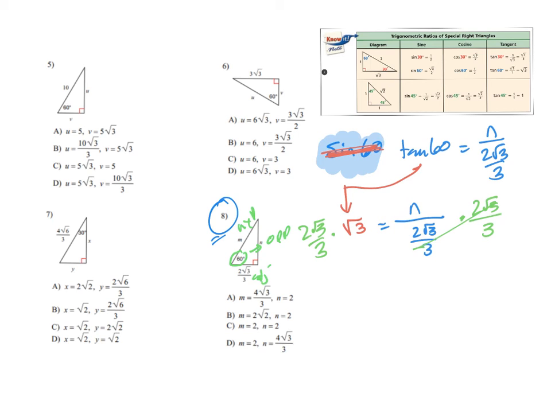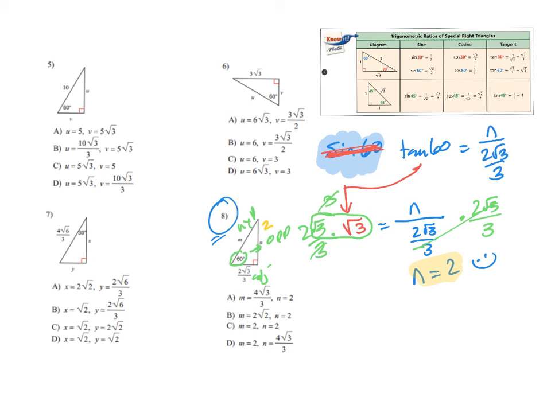Okay, and this is going to work out good. Square root of 3 times square root of 3, this right here, that's just 3. And that 3 cancels with that 3, so n turns out equals 2. I like that answer. We don't get enough answers that look that simple. So now of course there's 3 choices with n equals 2, so we're stuck with n equals 2, but that's good. That's a good place to start. So let's put a 2 here